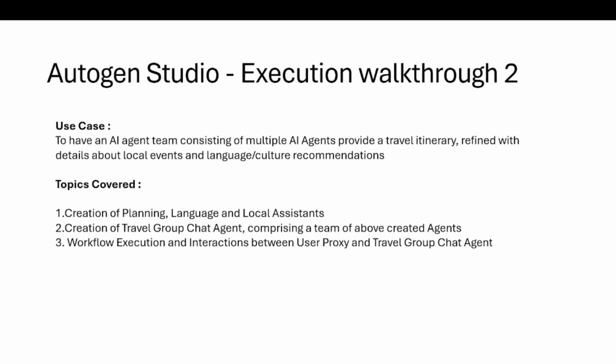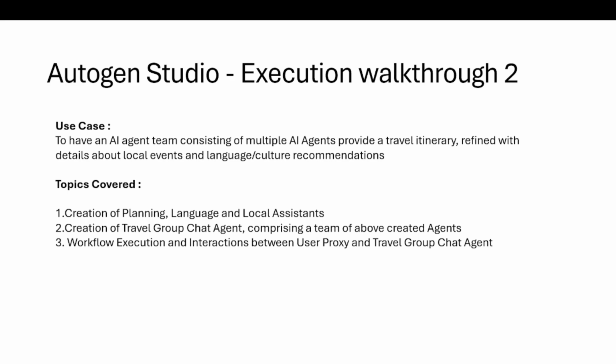Now let's cover some advanced topics in AUTOGEN Studio using another workflow. Here the use case is to have an AI agent team consisting of multiple AI agents provide a travel itinerary, refined with details about local events and language culture recommendations. What all topics we will cover here? We will create 3 AI agents: planning agent, language assistant, and the local assistant. Then we'll create another group chat agent, which is a travel group chat, which will comprise these three agents as a team. And then we will see the workflow execution and interactions between user proxy and this travel group